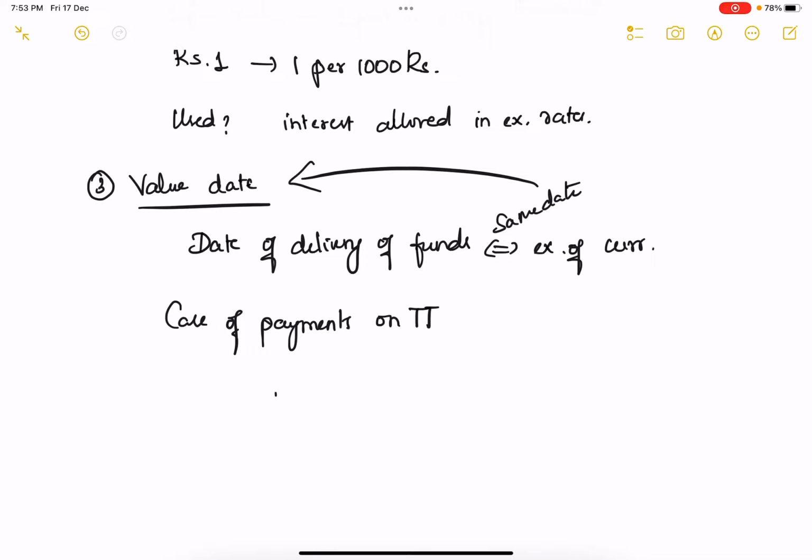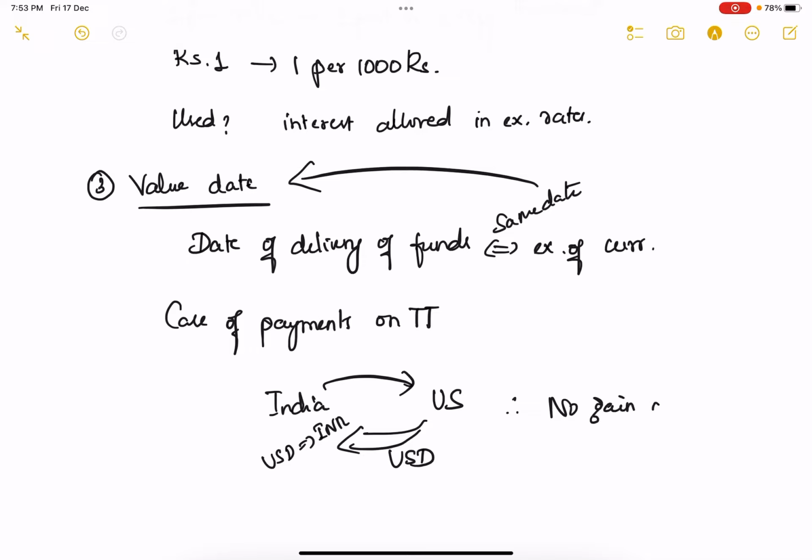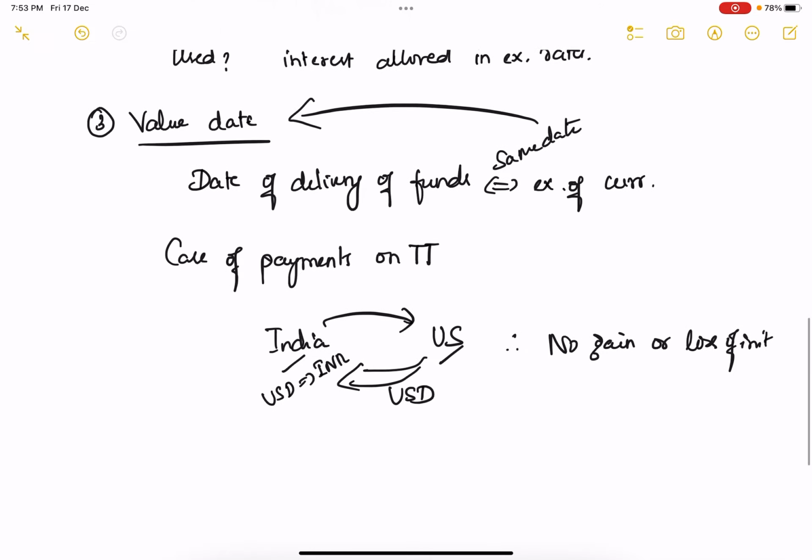For example, I export goods to US and I get funds in terms of USD. So I receive funds from US and on the same day I convert US dollars into INR. So therefore there is no gain or loss of interest to either of the parties, either India or US. Such payments are known as